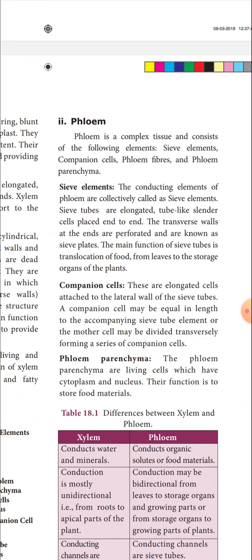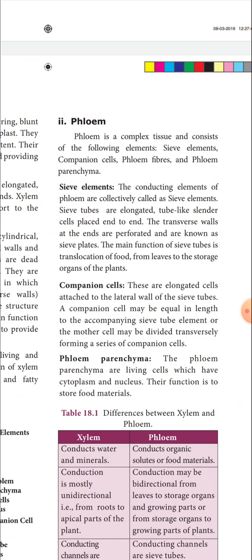Okay, so the conducting elements of phloem are collectively called what? Sieve elements. Conducting. So you know very well the function of phloem is what? Conduction of food material from the region of production to the region of requirement. So this conduction takes place by the sieve elements, the conducting elements of the phloem, collectively called sieve elements. Like tracheids and vessels, sieve elements are elongated tube-like slender cells placed end to end,